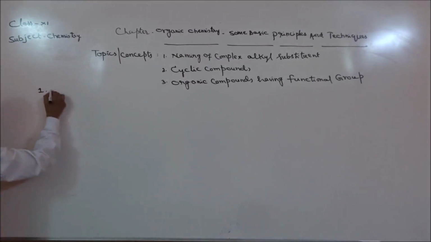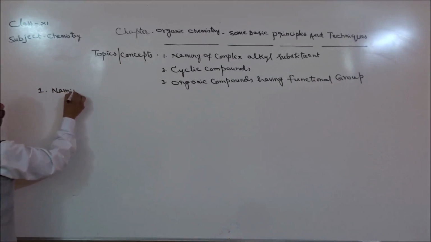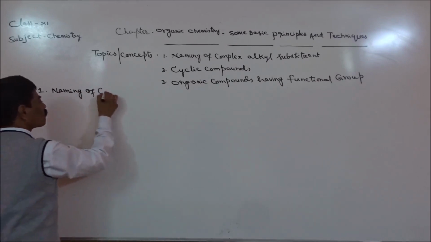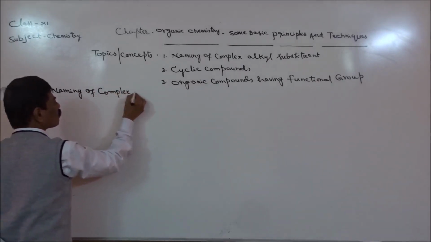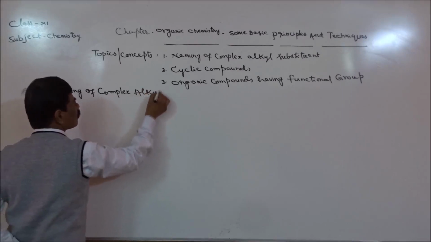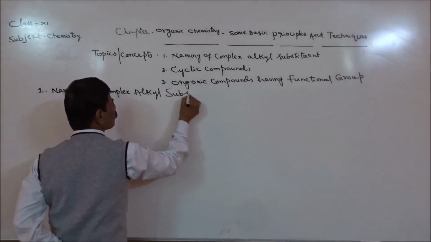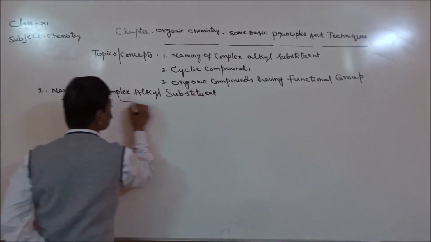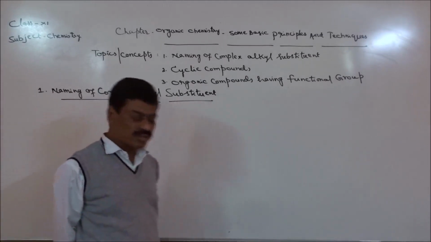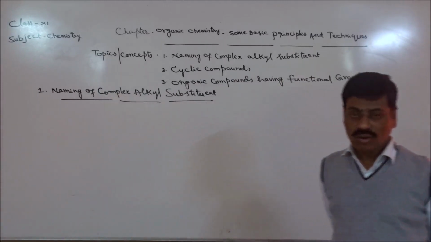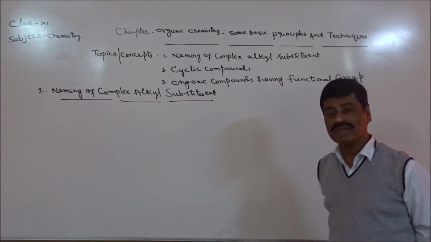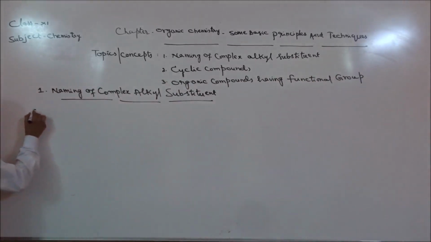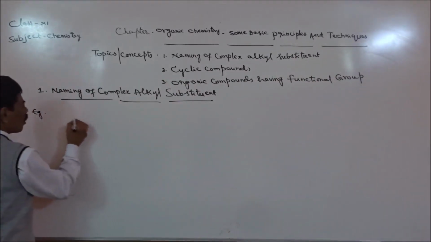that is naming of complex alkyl substituent. And I will give some examples so that you can understand what is meant by complex alkyl group and how it is named. Let us see one example wherein we have